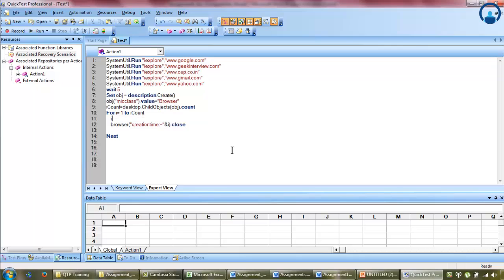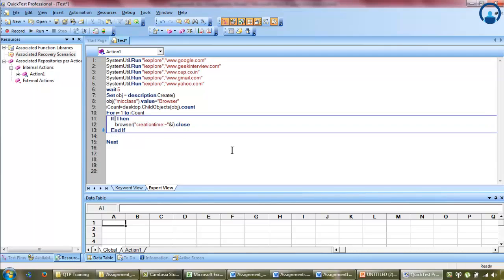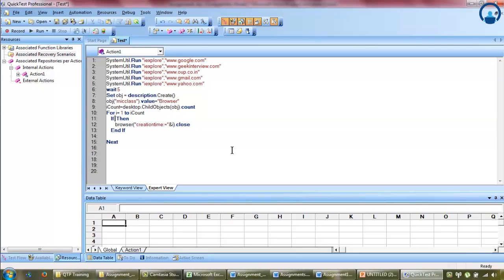Now this is my object, right? Now when will I close it? I will take each and every browser and find the error property of it. So you'll come to know why. So if browser creation time dot get error property, okay,